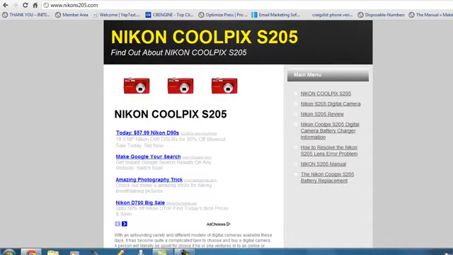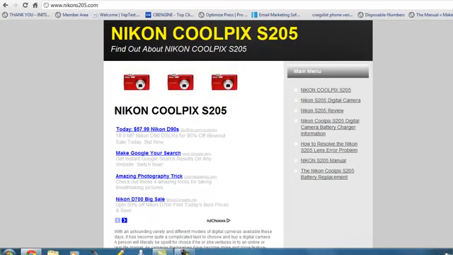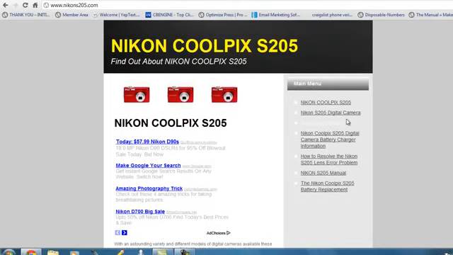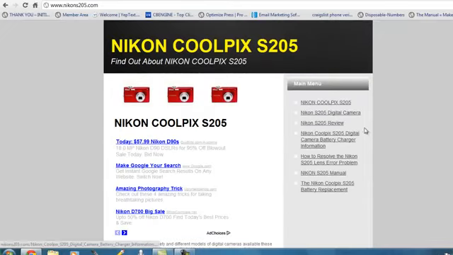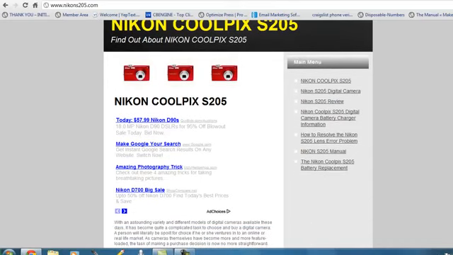They just add some color and information to the page. Now, this is an example of a complete website that's completely done. I'm not going to have to do anything else to it except drive traffic to it. We'll go over that later. So I got my images. I got my H1 tag here specifically for this domain name, which is NikonS205.com, and this one says Nikon